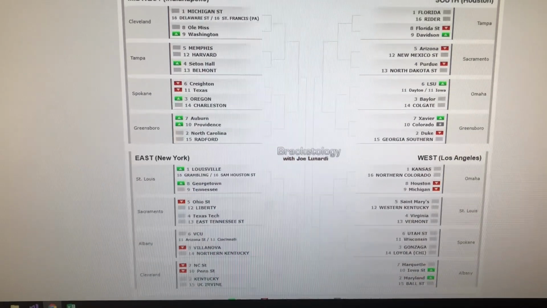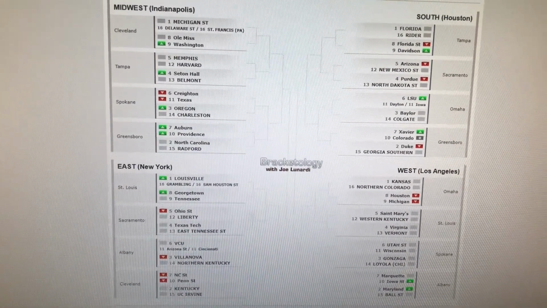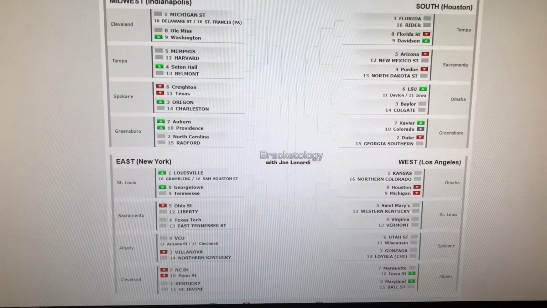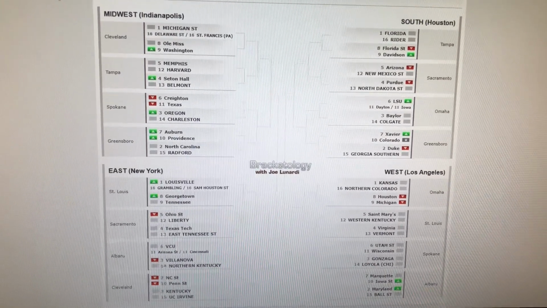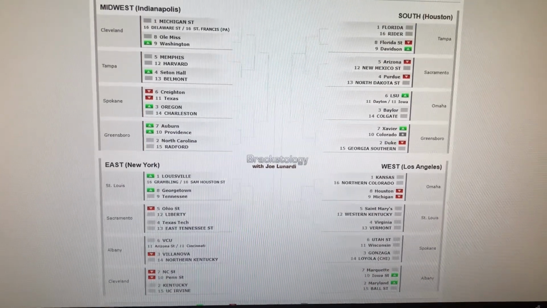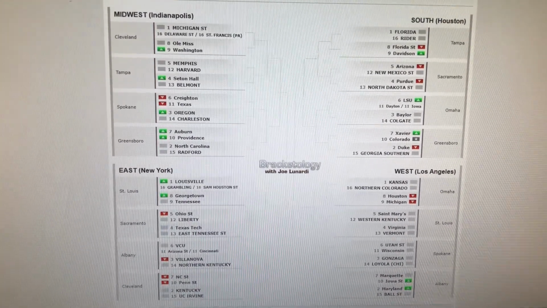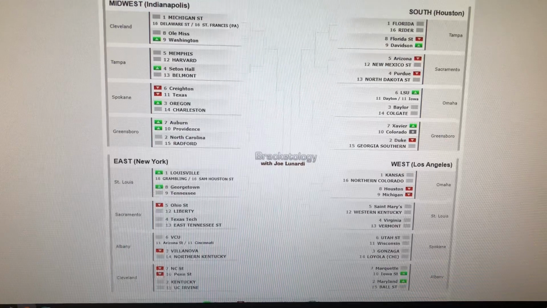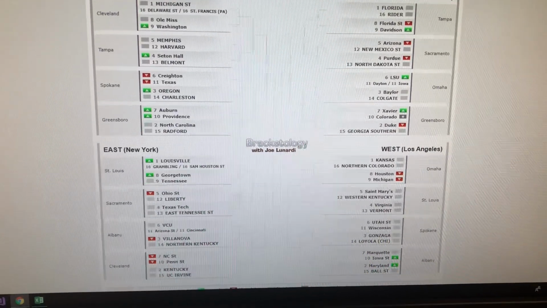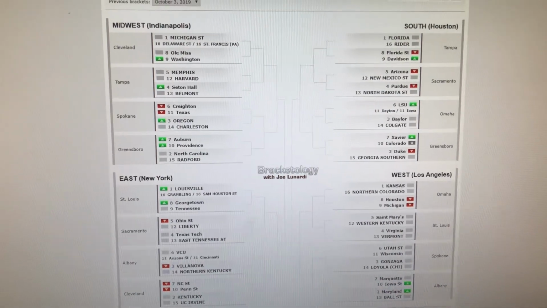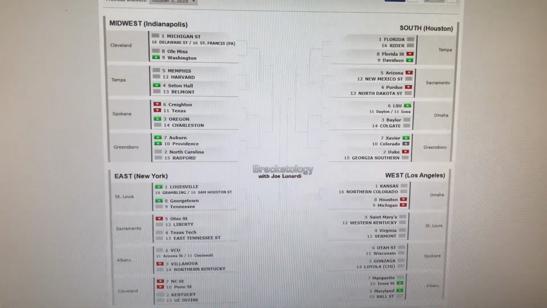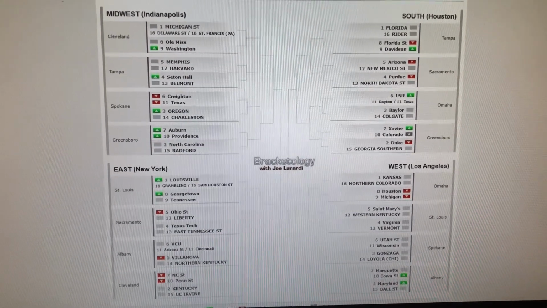Duke is down to a 2 along with North Carolina. I think those two teams will have something to say by the end of the year. Maryland is a 2. They're a team that's on the rise with Bruno Fernando and Anthony Cowan, I think is what his name is. I'll have to research this. I'm not too knowledgeable about all the college basketball teams this season. I'll have to do more research as the season progresses, but I think we're like 20 days, maybe 18 days, whatever it is, out from the college basketball season, starting off with Michigan State and Kentucky.